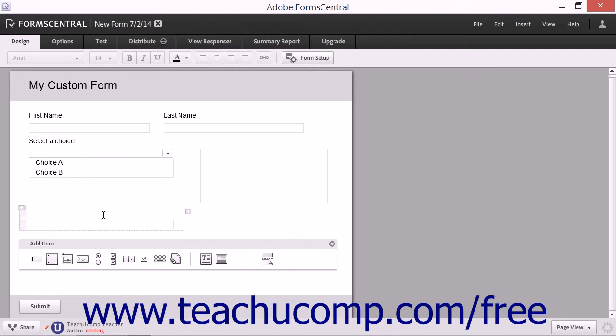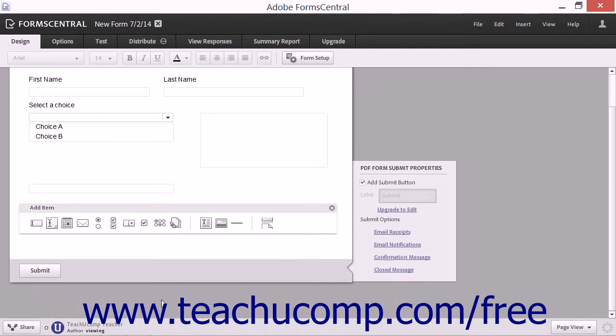After adding fields to a blank form, you can click the Click to Add Submit button link that appears at the bottom of the form to display a side menu of choices. You can check the Add Submit button checkbox in the side menu to add a button to the form. You can type a label for the button into the Label field. You can then click the hyperlinks shown in the side menu to display those categories at the left side of the view,